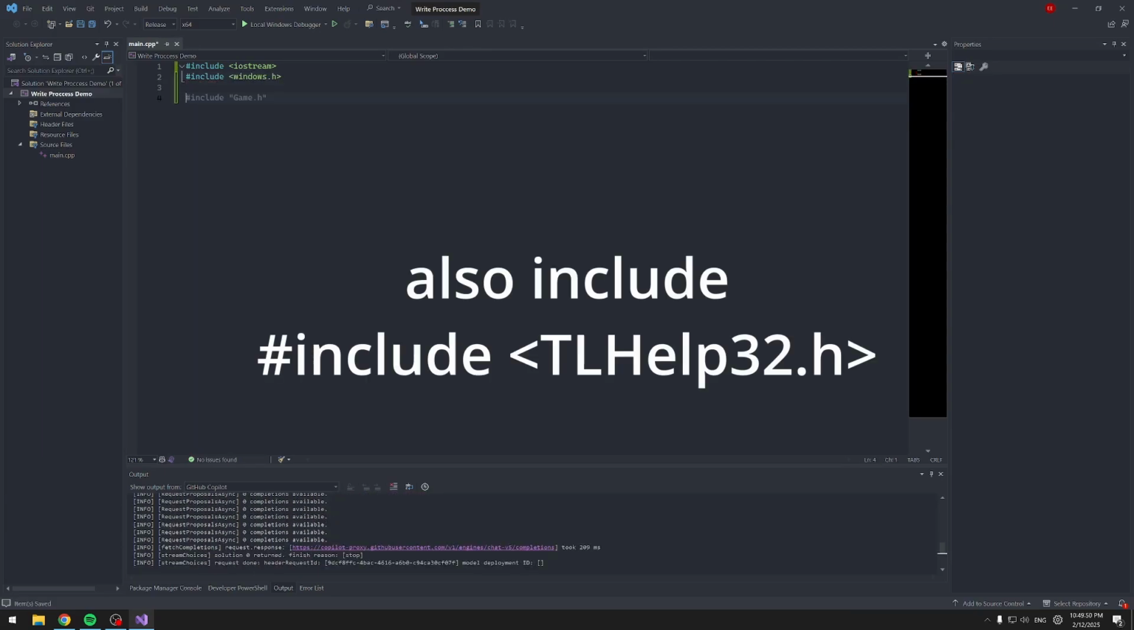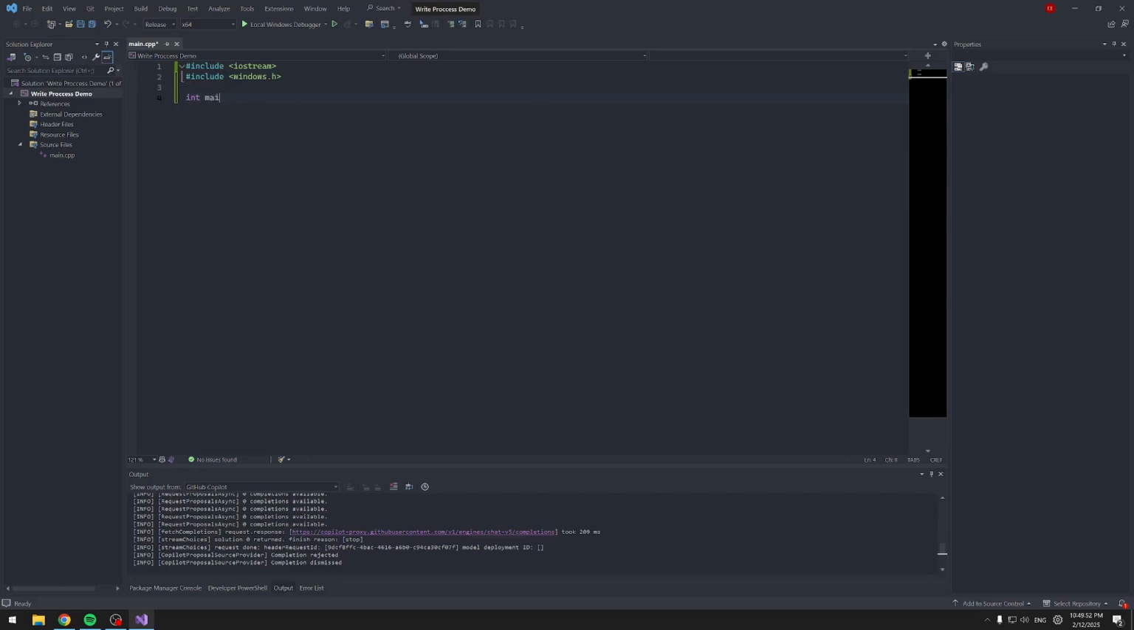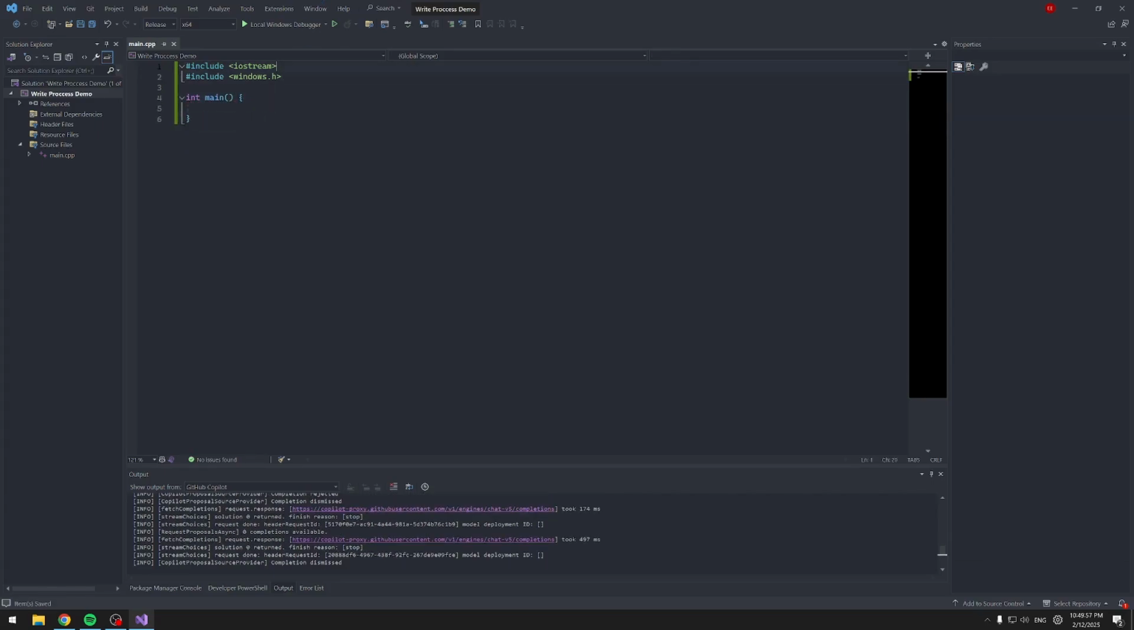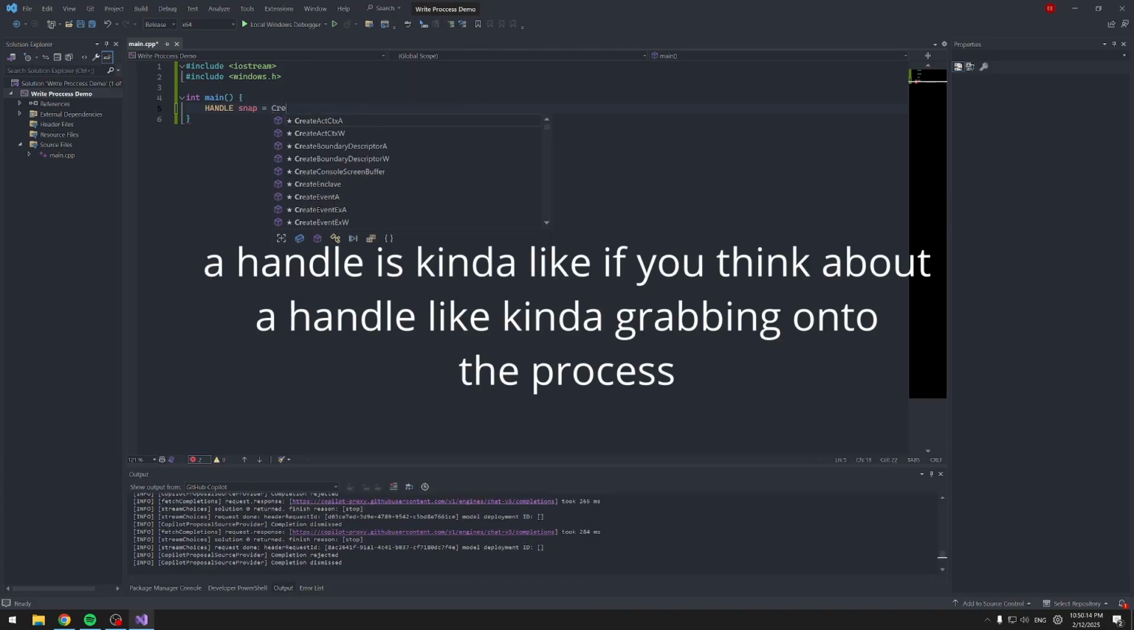All right, now we can start with our main function. By including iostream, we can print to the console and stuff. And with Windows, we can use WriteProcessMemory to write to the processes we want. So what we're going to do first here is HANDLE snap, and we're going to do CreateTool